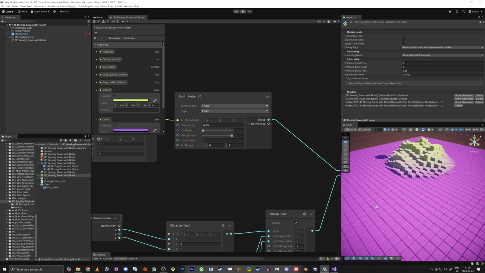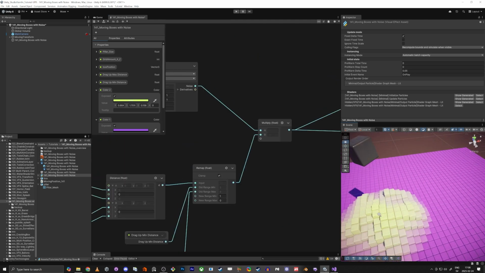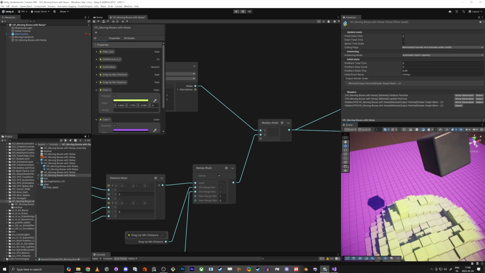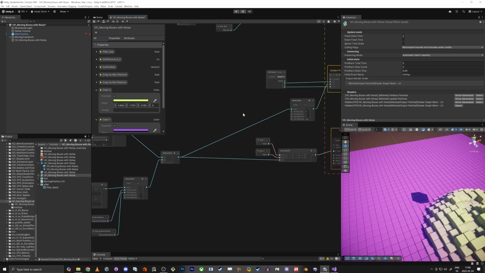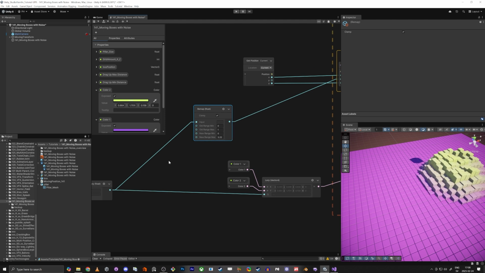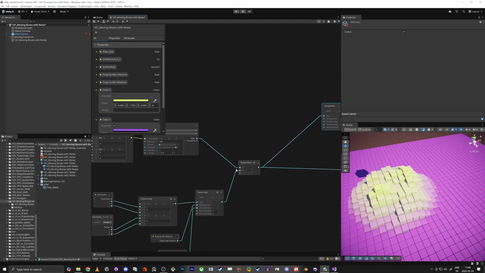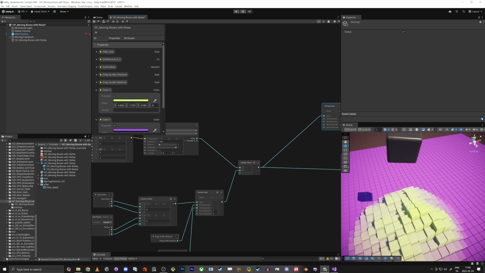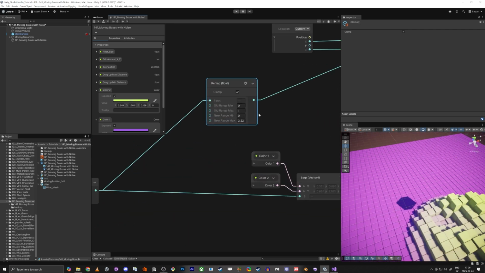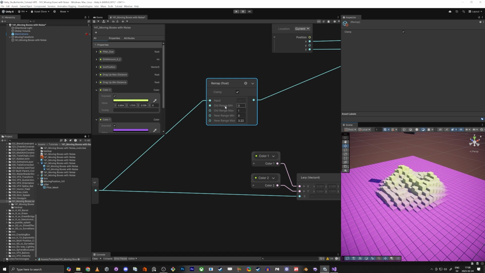So because it's not all down to the bottom, I'm going to use a remap to offset here. So we have, when we do multiply with a noise, it doesn't go all the way down to 0. So we can actually, if we measure the range and start higher,